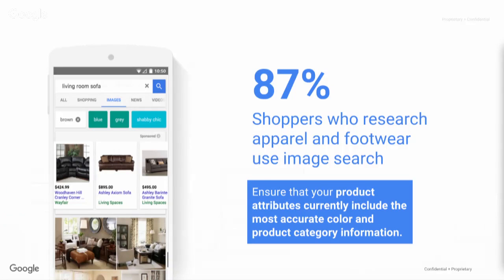Another example of this, which I think is really cool, and we just basically looked at the data to inform these new ad types, but what we found is that 87% of shoppers who were researching apparel and footwear use Google image search, okay? So rather than searching just across the web, they were actually using image search. This makes sense, right? Because if I'm looking for shoes, I want to look around and see what's out there and see those quick images.